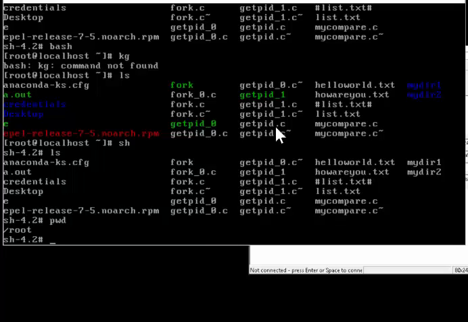Okay, so that is the first task. The second task, let me stop this so that we can have small